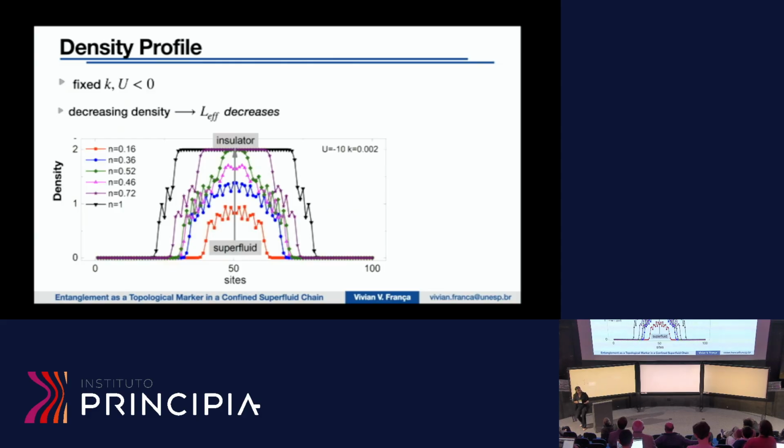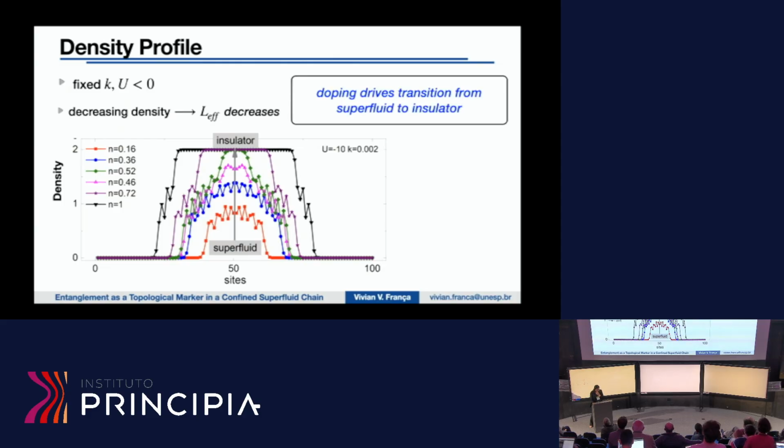Clearly, it's the same physics, and the numerics confirm that we also see similar behavior, these oscillations and so on, starting from a superfluid and reaching the fully occupied core centers, which we are calling here a band-like insulator and so on. All right. So now the point is, if I